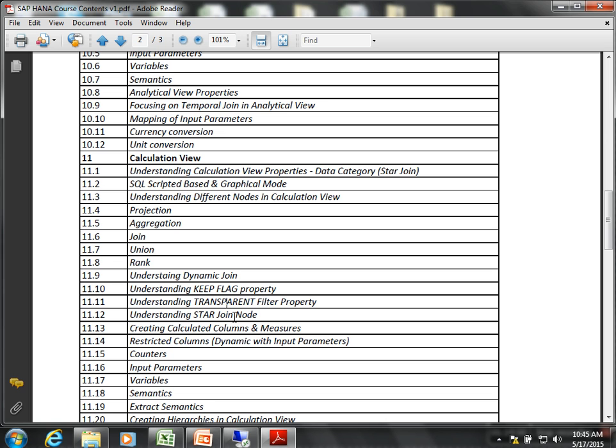Then BW powered by HANA, then ECC powered by HANA. That is because there are more use cases for real time use. Even if you learn all this, when you get onto a profile or when you start getting into a job, you start focusing on HANA models, and then BW powered by HANA and ECC powered by HANA. That is where you will be focusing more.